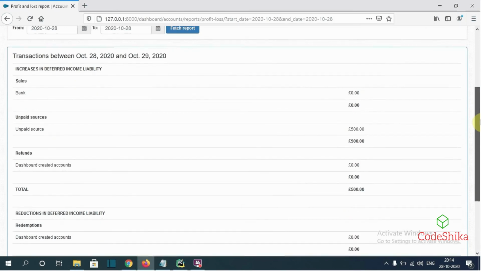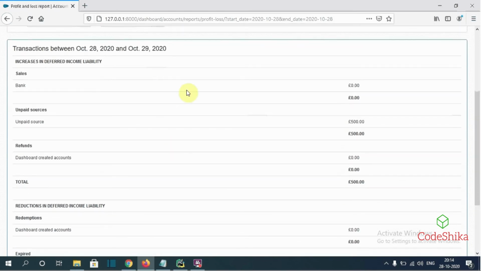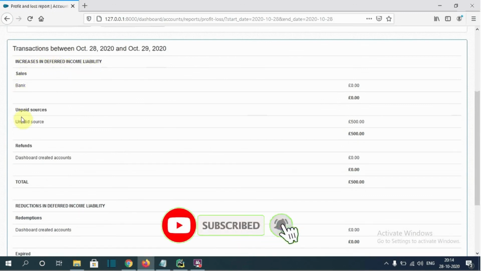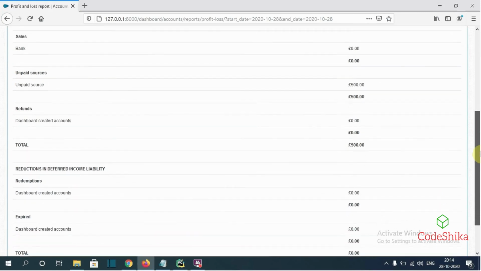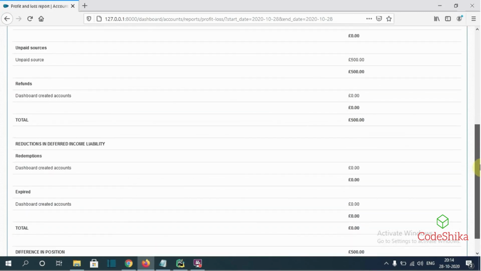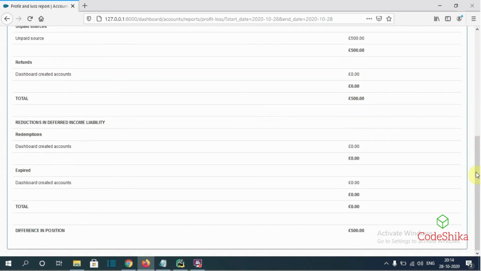So this is the profit and loss report, and here it is showing increases in deferred income liability under the bank, under unpaid source, under dashboard created account, and the total is 500, because the balance we have on the account is only 500, and the reductions in liability show 0, so the difference in position is 500.